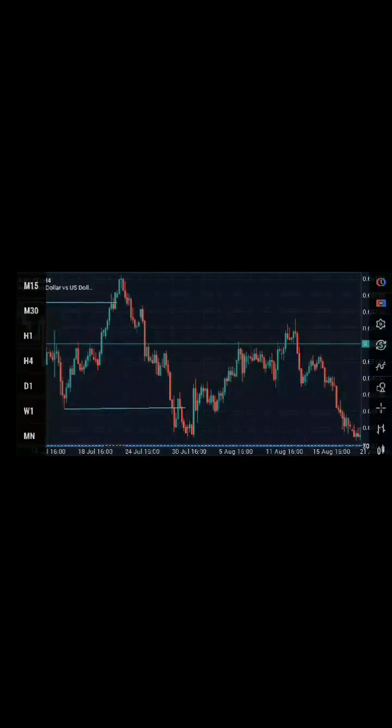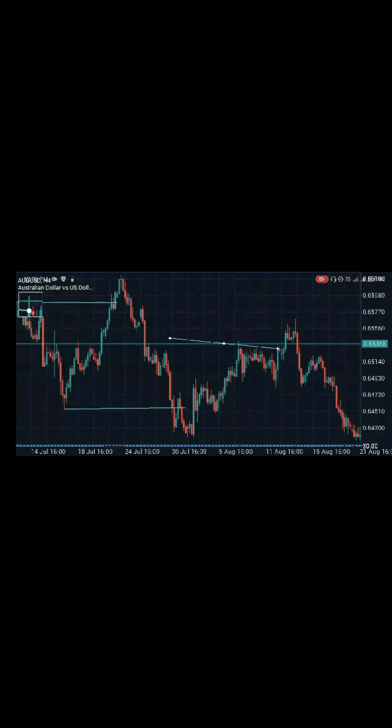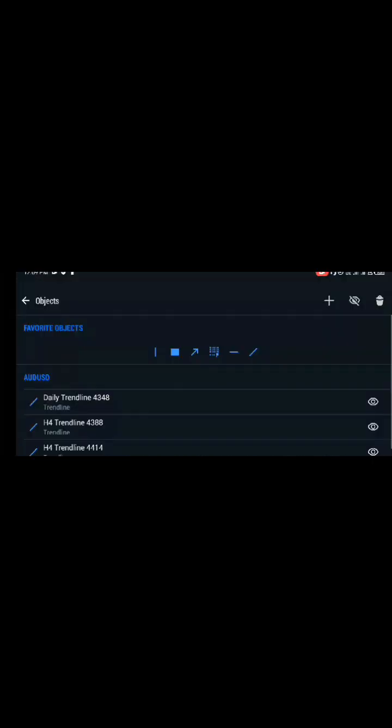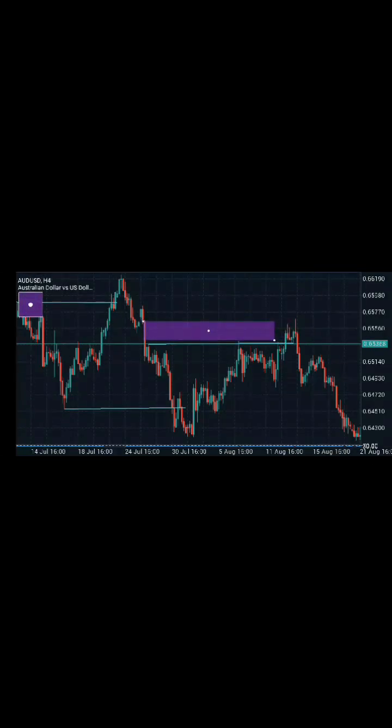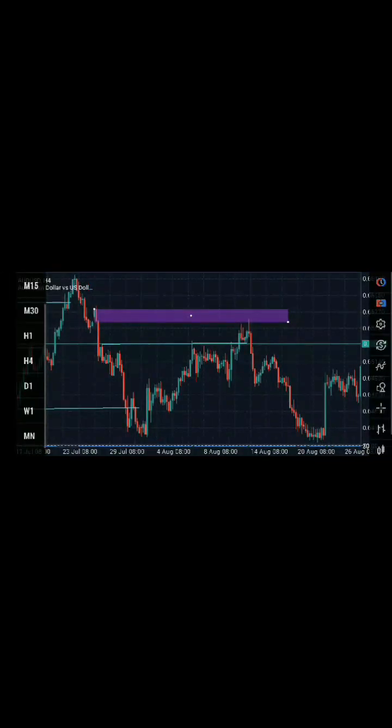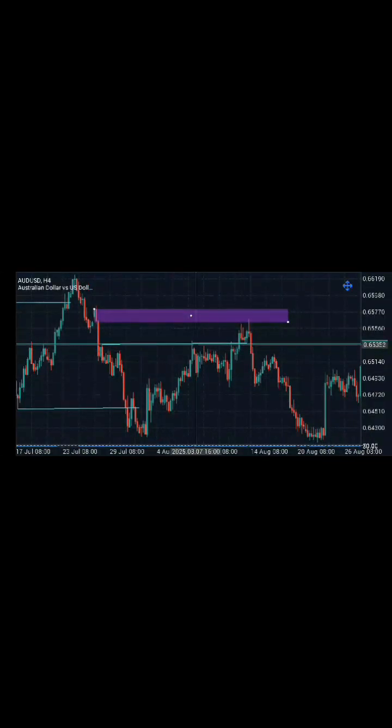where we had liquidity resting above these equal highs. There we had buy side liquidity resting there. Sorry for my drawings, they're not quite well. And above that buy side liquidity, we had an imbalance. Also on top of that imbalance, we had this order block, making it a highly good order block to see price reaction from. And you can see that price went back to clear out the buy side liquidity resting above there,